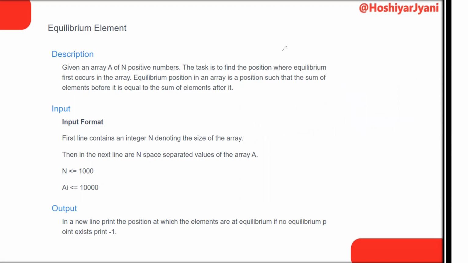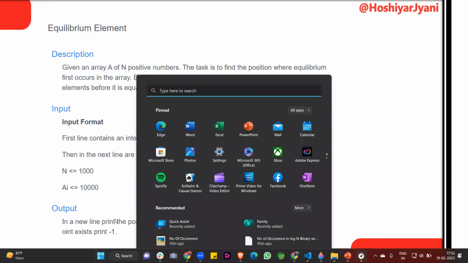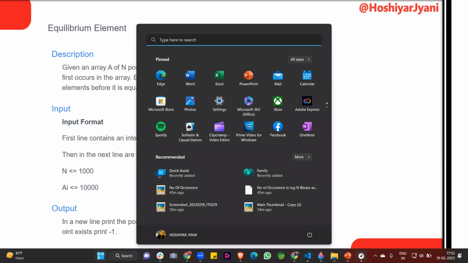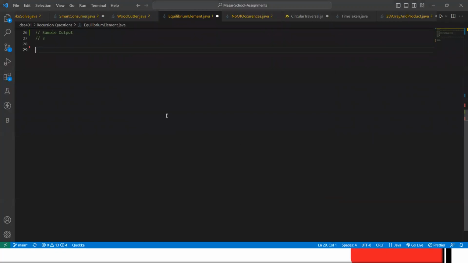So how can we do this question? First of all, I open my VS Code for doing this. Then after that, I am discussing this question. So this is our input: 5, the number of elements in the array, and after that the elements in the array, then our output. First of all, guys, I am doing this question in Java. At the end, I am telling the same question in JavaScript also, how we can do it in JavaScript. First of all, I am importing for the input taking.